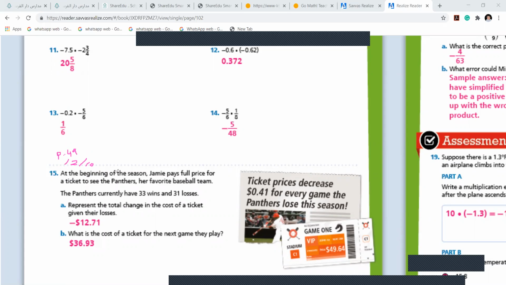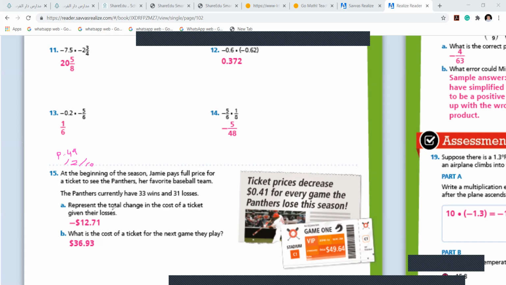At the beginning of the season, Jamie paid full price for a ticket to see the Panthers, her favorite baseball team. The Panthers currently have 33 wins and 31 losses. Now, girls, when